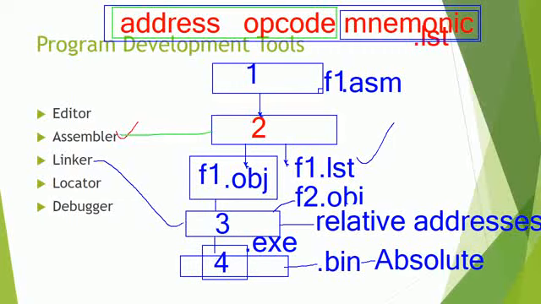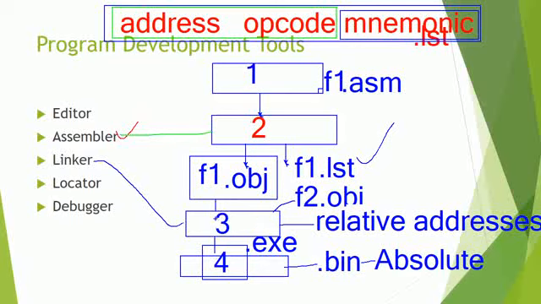Just remember that the editor window is where we type the program and save it with the .asm file. The assembler converts your file into the .obj file and the .lst file. The .lst file is useful to the developer to identify where errors occur, and the .obj file is given as input to the next level, the linker. The assembler creates two files with two different extensions, .obj and .lst, and the .obj files are accepted by the linker, which links all the files together. When linking all the .obj files, it assigns the relative addresses.